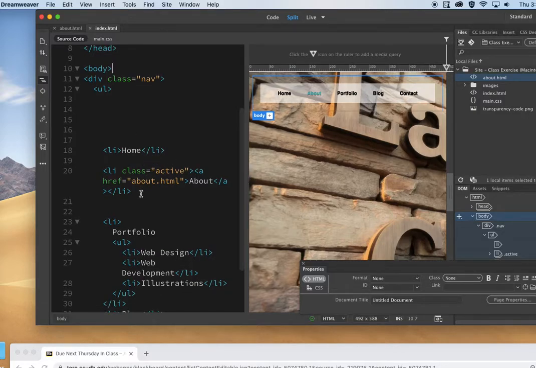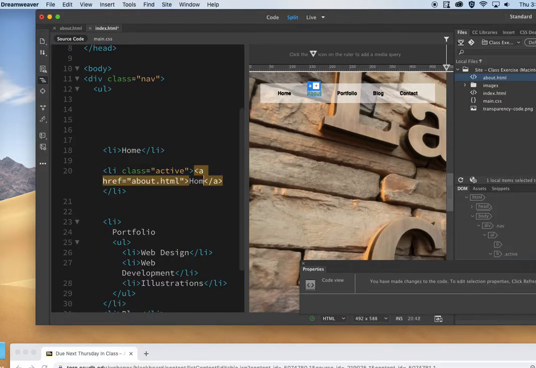This one page that is active needs to now point to my index, and the home needs to become about, because I'm on my index page right now. So my index page should reflect that teal color. The easiest way of doing that is simply going to the actual text and changing that to whatever the name of that page is, and changing the link of your index HTML href to the correct HTML page. So now I have my home, and the home one I'm going to change to about,